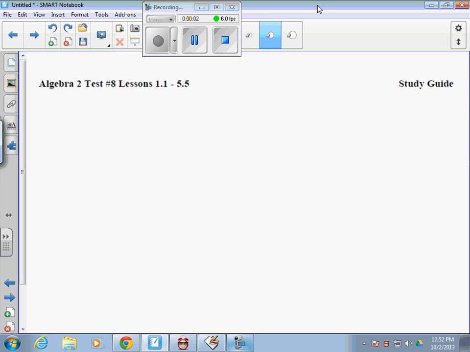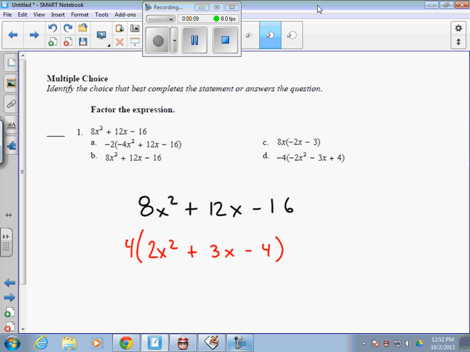This is Algebra 2, test number 8. We got through lesson 5.5, completing the square. This is a study guide for test number 8. First one says